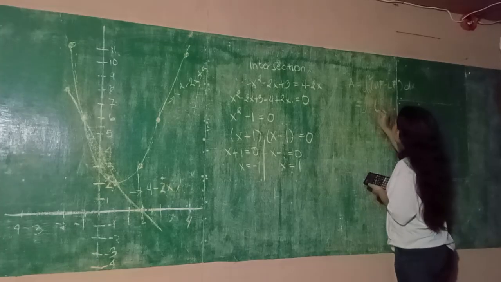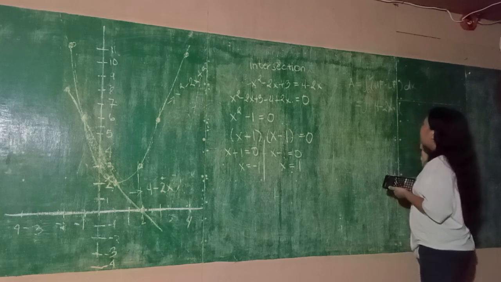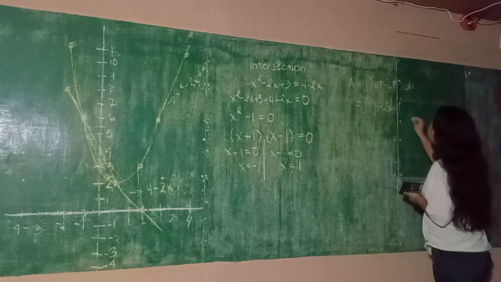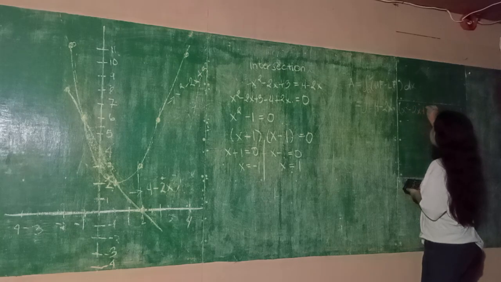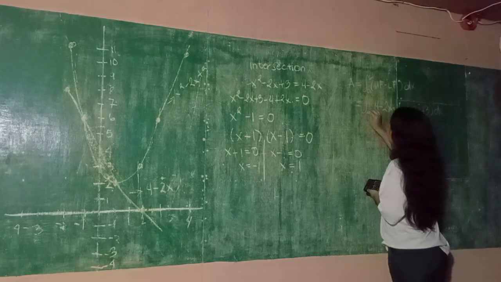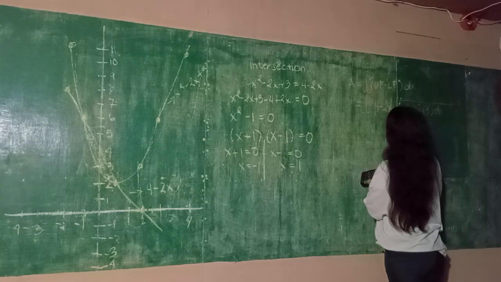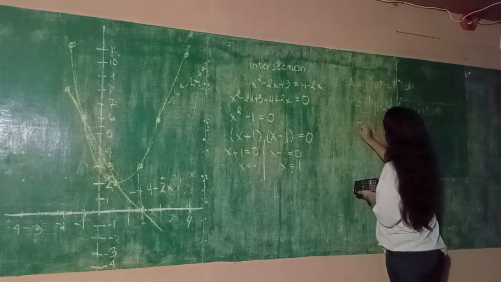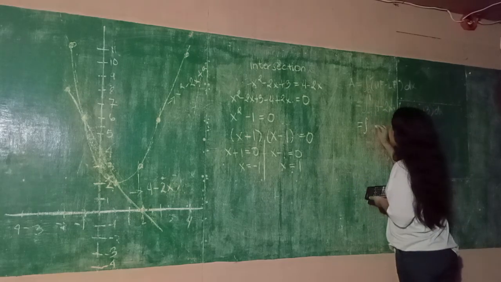So our upper function is 4 minus 2x, then copy minus, then our lower function is x squared minus 2x plus 3 dx integrated from negative 1 to 1. And then we're going to combine like terms, so it will become integral of,